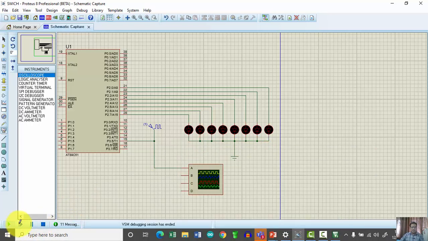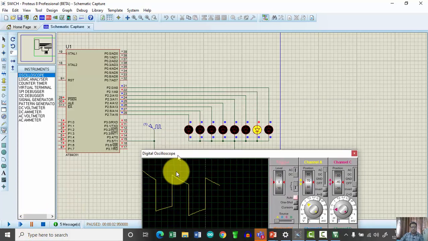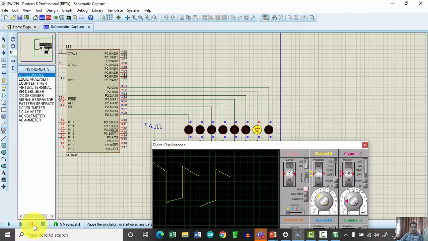Let's go again from scratch. Now it is at high level. The moment the high to low transition happens, just check here. When it makes the high to low transition, it means one pulse is received. Again high to low. In this way, these pulses we are giving externally to pin T1, and these pulses are simply counted by the counter, and it will display it on the output stage.